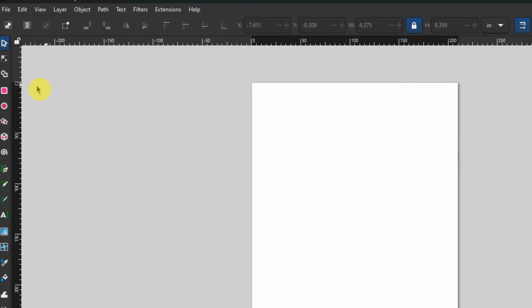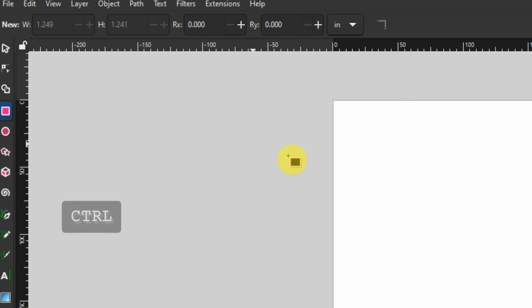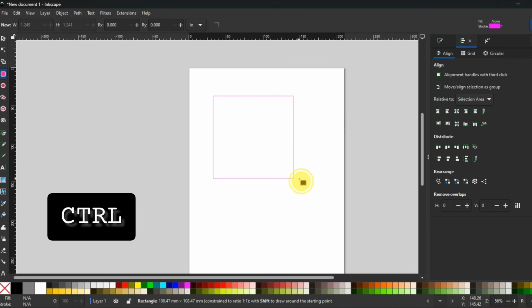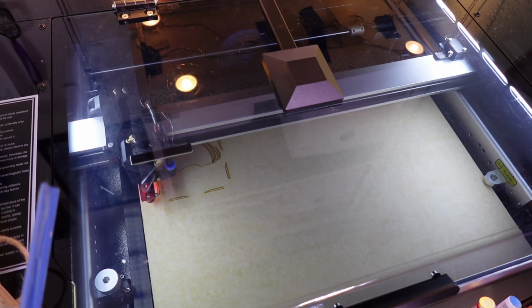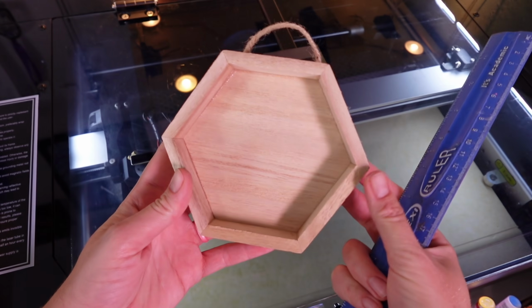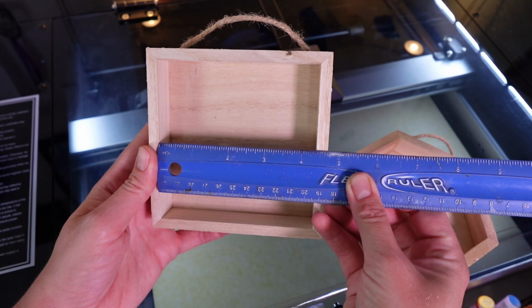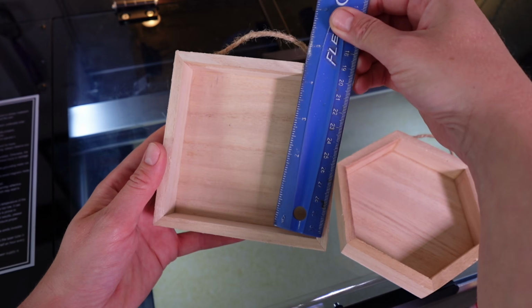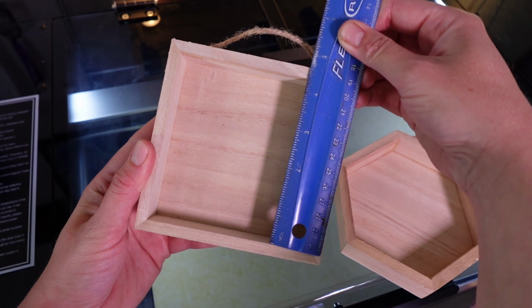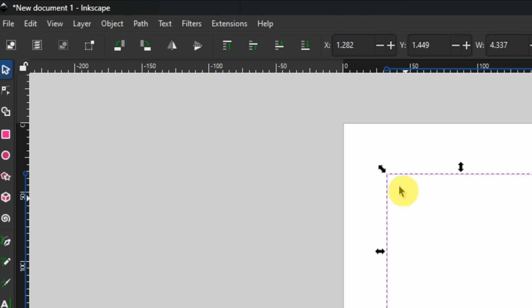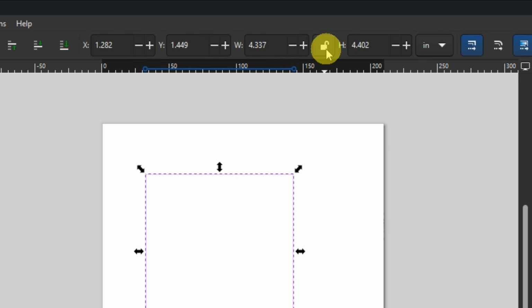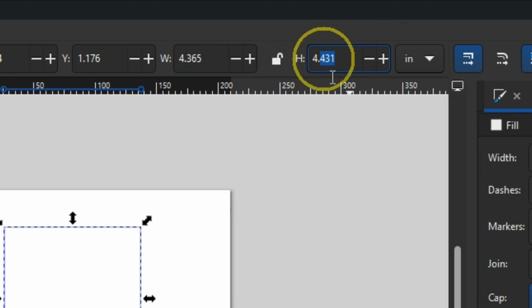Let's start with a basic square. If you hold the Control key while you're dragging it out, it should remain a perfect square. There are a lot of prefabricated shadow boxes out there. I'll have a link to the ones I have, but you can also find them online and in various different sizes. The ones I'm using are just over 4 inches across. We can then alter the square to these dimensions in the boxes in the upper right hand. There is a lock icon, and when locked, it will alter all the dimensions together,